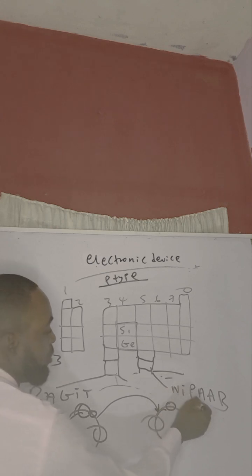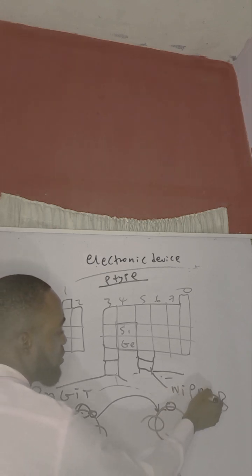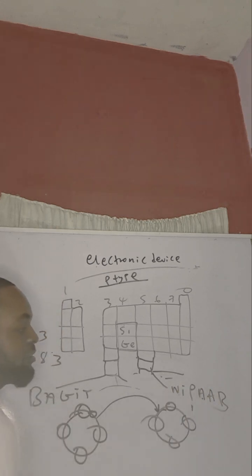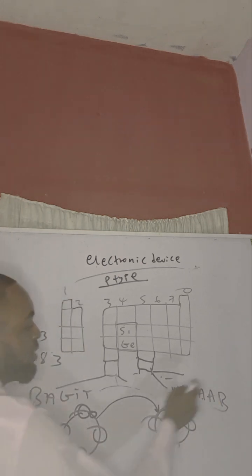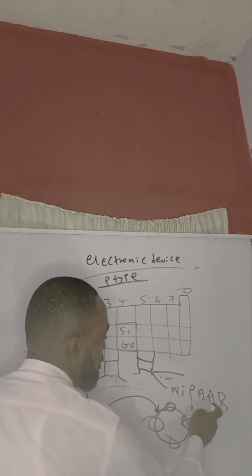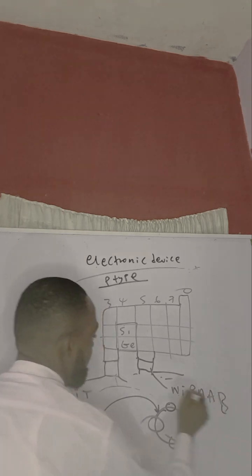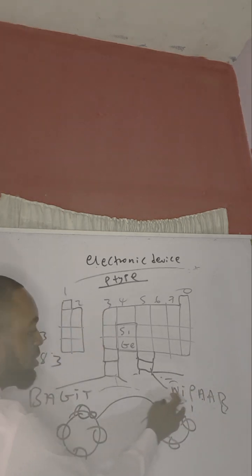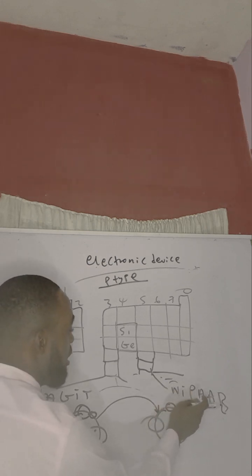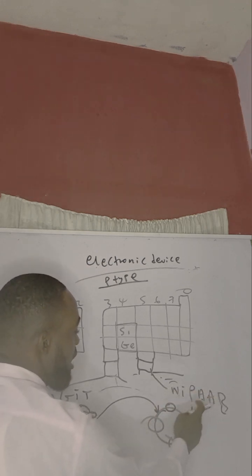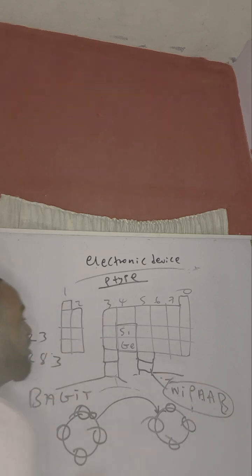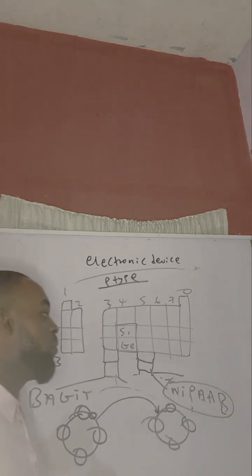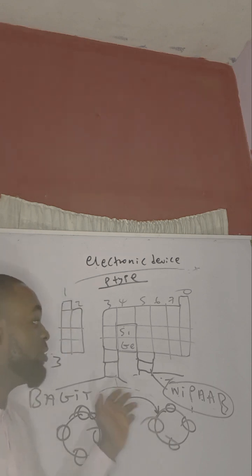P means phosphorus. The first A means arsenic, while the second A means antimony. Then B means bismuth. Remember again, N means nitrogen, P means phosphorus, A means arsenic and antimony, and B means bismuth, by acronym. Meaning that if they ask you in the exam, when nitrogen is added to a semiconductor, which